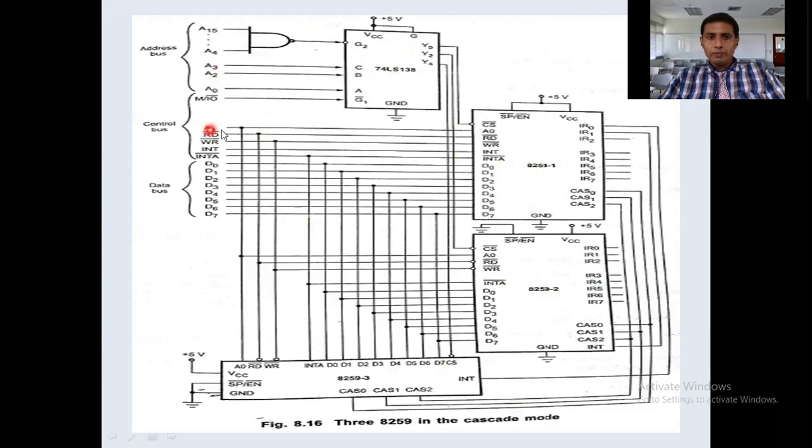So the A1 address line of the processor is connected to the A0 address line of the 8259. So the same A1 is now connected to A0 of the slaves also. Then again, now consider the first